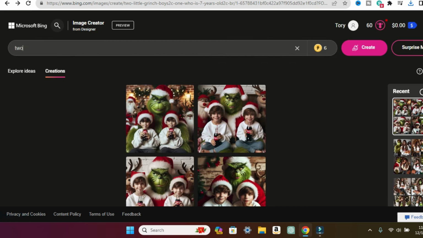Let's do 2 young girls. Both have long blonde hair, green eyes, wearing a Santa hat, red sweater, skinny jeans, Ugg boots, and one is 7 years old and one is 12 years old. Okay,